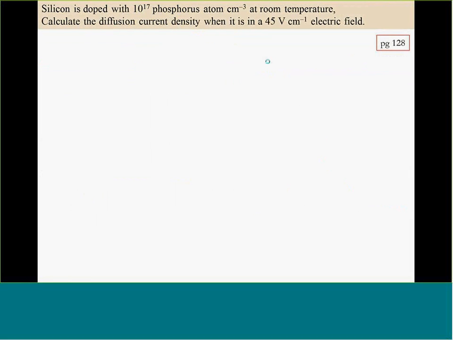It asks you to calculate the diffusion current density when the electric field is this one. But the thing is, diffusion current density is not affected by the electric field, isn't it? So what's the equation for the diffusion current density? It's in the form of the gradient of charge carriers with x. But in our question, there's no gradient in your electron concentration, isn't it? Because you know that it's doped with 10 to the power of 17,